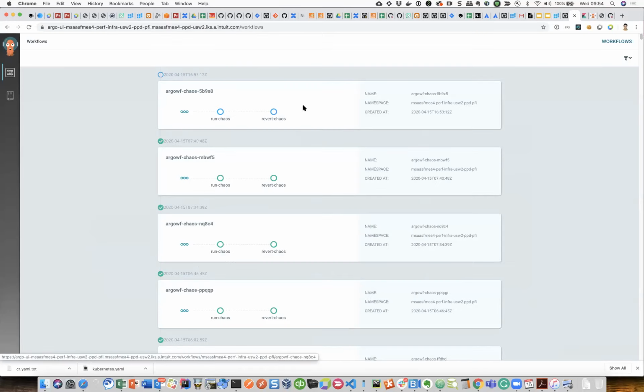Argo right now has started providing the UI, and the latest Argo Workflow release, I think today they have some community meeting, they have come up with a really nice UI, and there are a lot of capabilities Argo Workflow is launching in the latest release. So please go and check that out.